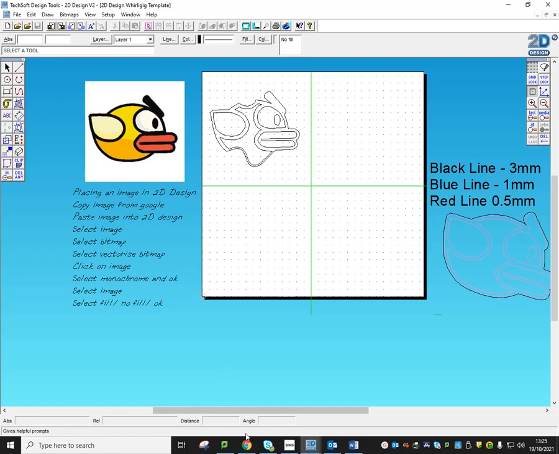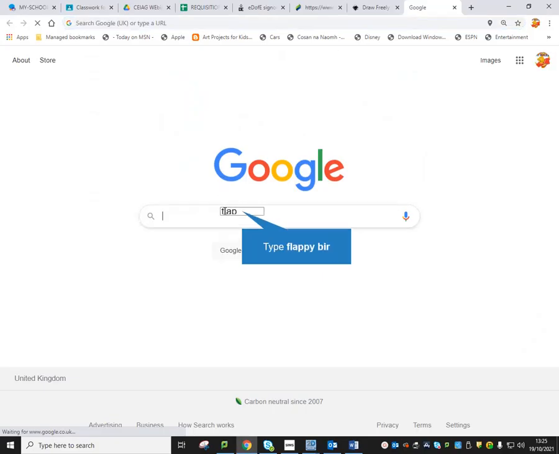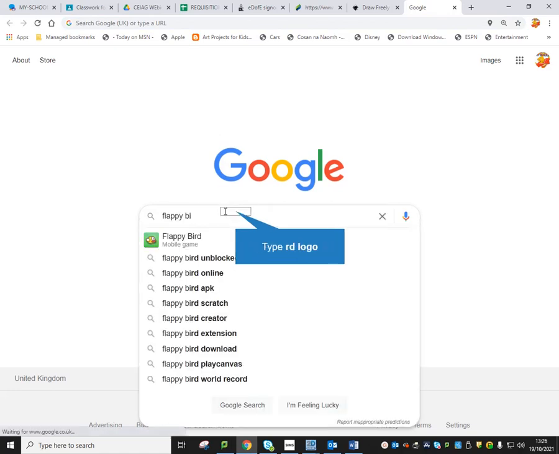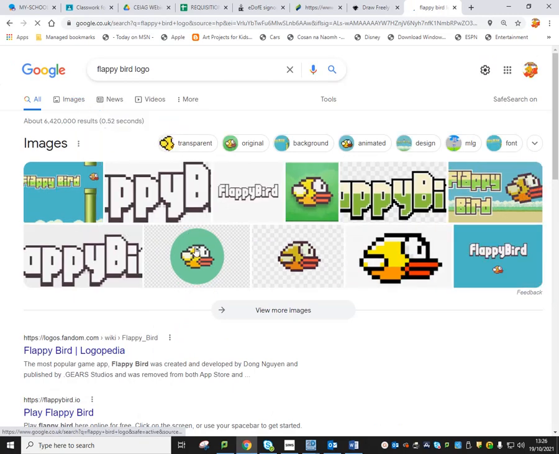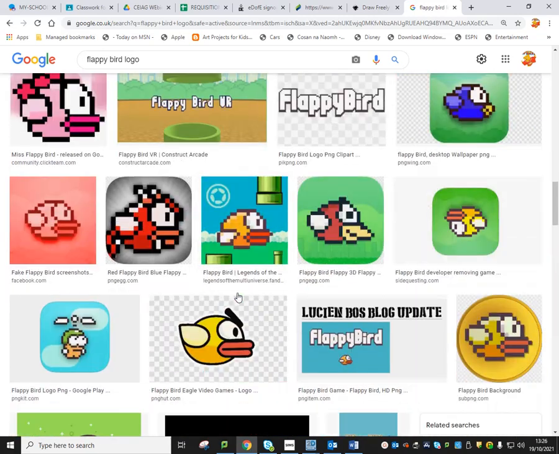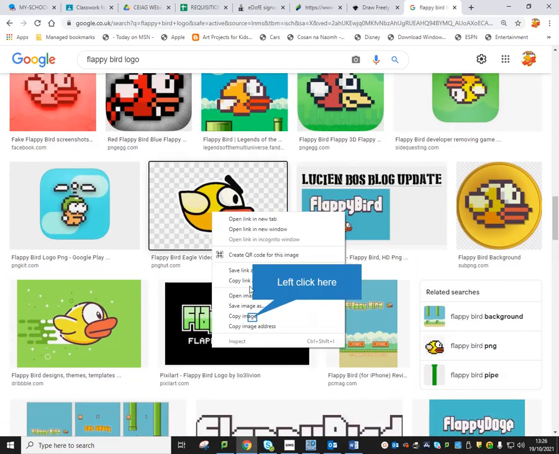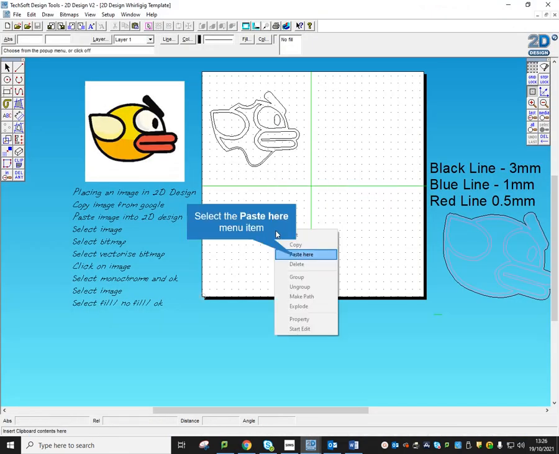If you go to Google and type in Flappy Bird logo, click on your images and scroll down, you get something that looks like this, there it is there, and I can simply copy that and I can paste it into